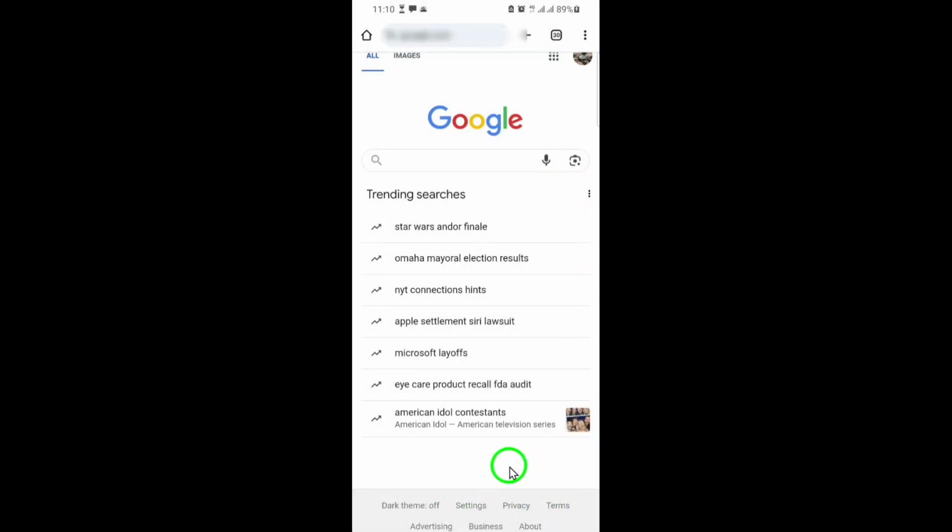Now, whenever you want to visit that site, just tap the shortcut and Chrome will open it up for you. No need to type in the address or search for it again. This trick works on any Android device with Chrome installed, and it's perfect for making your most used sites easier